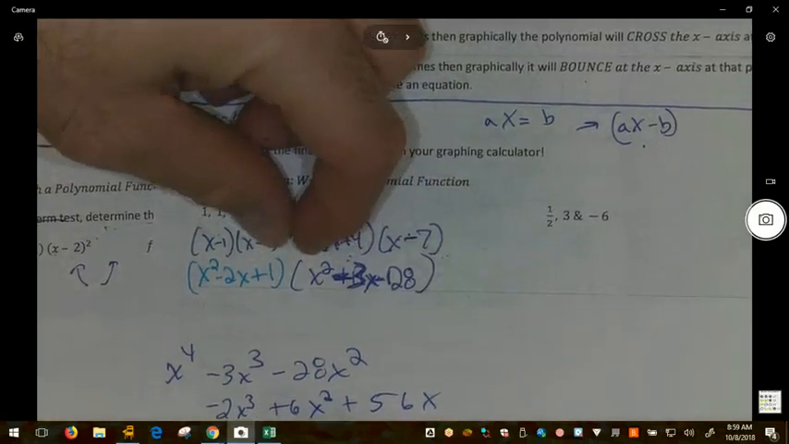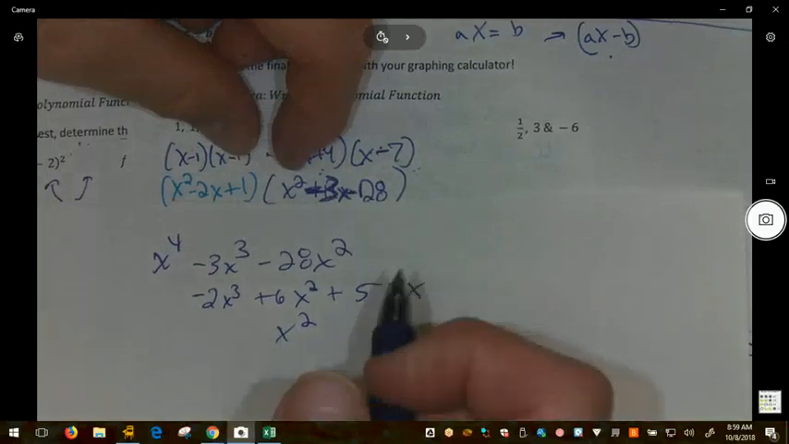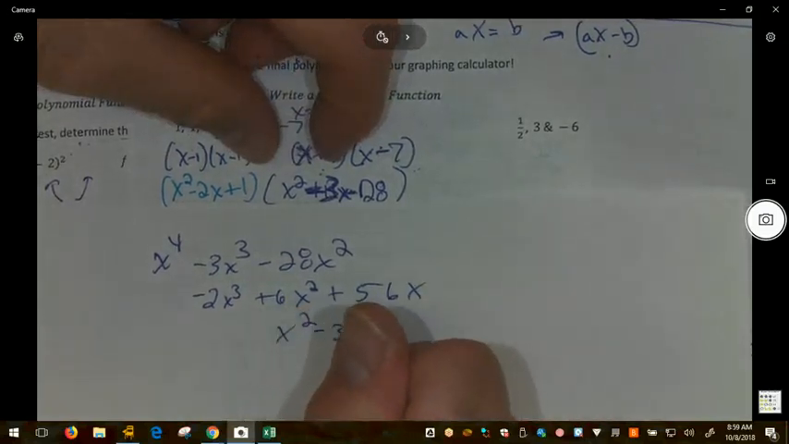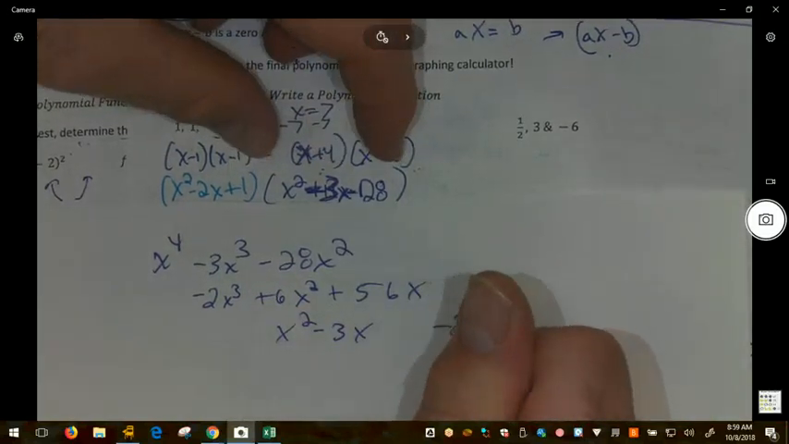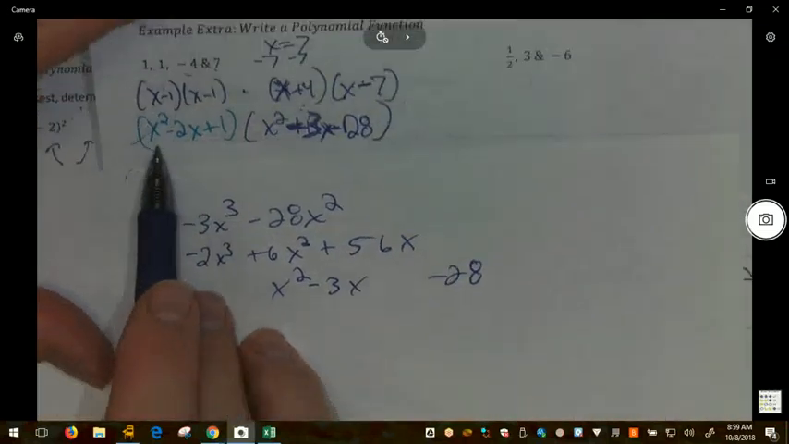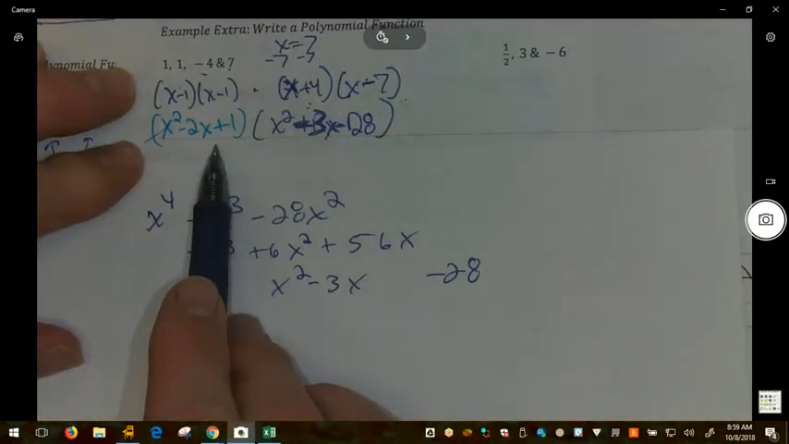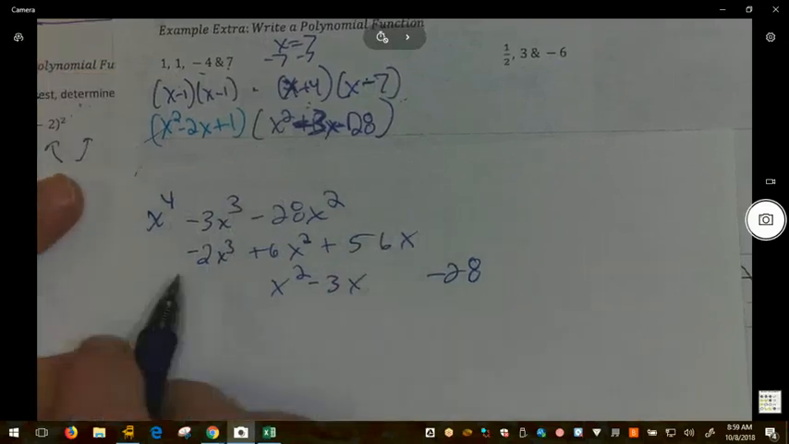Then I have positive x squared, negative 3x, and negative 28. I went through and distributed x squared to every term. Then I did negative 2x to every term, then 1 to every term, and now I can combine like terms,